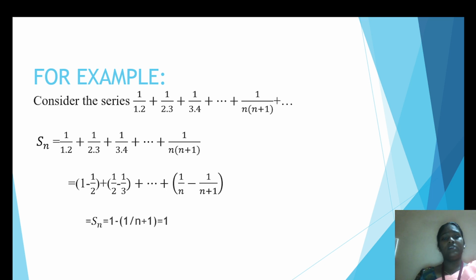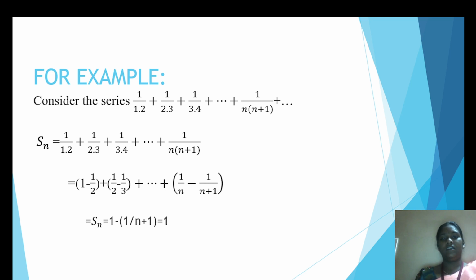This problem we can solve by using the simple partial fractions method. This 1 by 1 into 2 can be written as 1 minus 1 by 2. If you cross multiply, 2 ones are 2, minus 1 by 2, you'll get back your expression, that is 1 by 1 into 2. Again 1 by 2 into 3 can be written as 1 by 2 minus 1 by 3. If you cross multiply and solve this, 3 minus 2 divided by 2 into 3, you will get back your